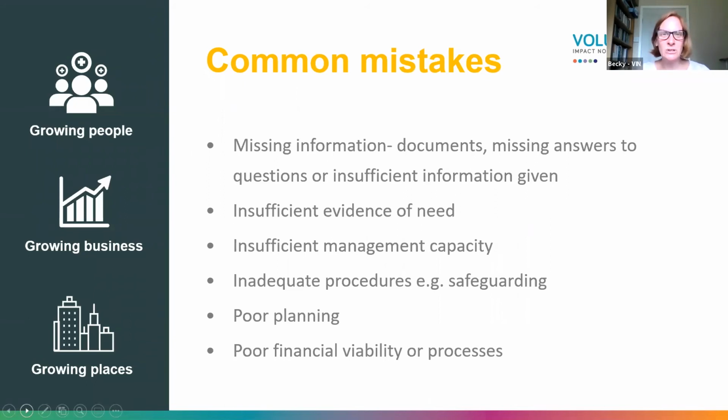Just to whiz through a few common mistakes that people make in funding applications generally. Just watch out for some of these. A lot of it's around missing information. That could be anything from documents through to missing answering questions or insufficient information given. You're quite fortunate in this grants programme in that you are actually given details of the weighting applied to each question, so the scores that are available for each question. So if you see that one question is worth 30%, for example, of your final score, then don't write 3 lines for it,